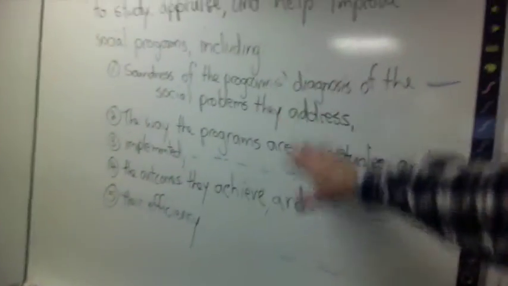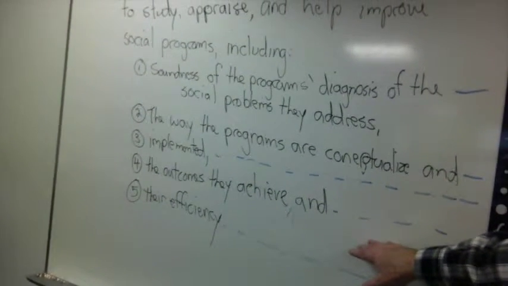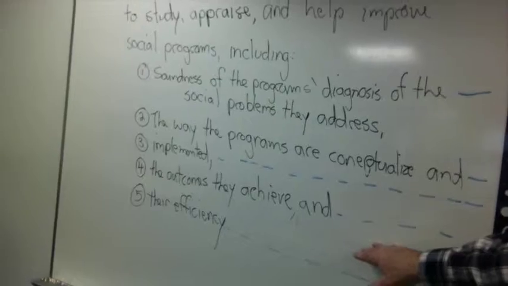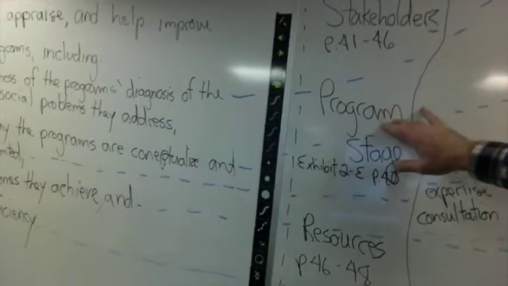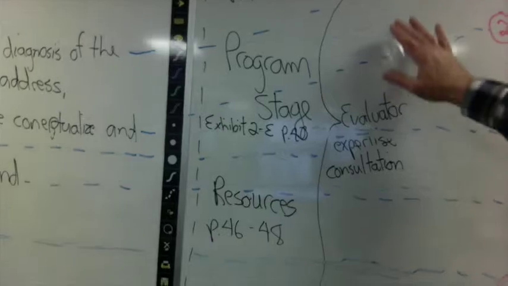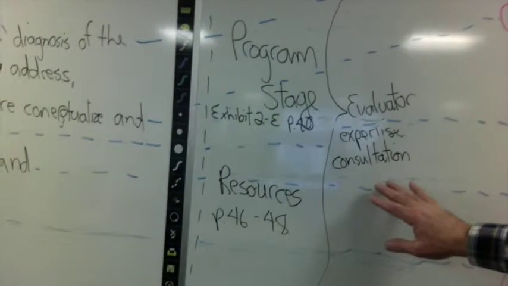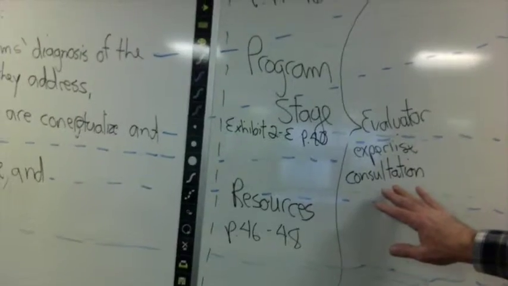And so when you've thought about the aspects of the program that you can study in order to help improve it, and you think about the considerations, stakeholder needs, program stage, resource constraints, and you use your evaluation expertise and knowledge of what's possible,